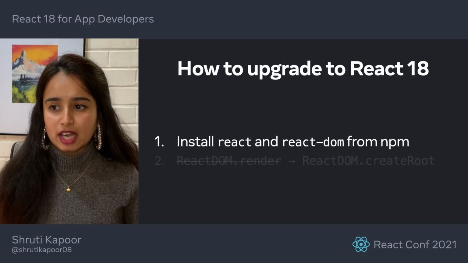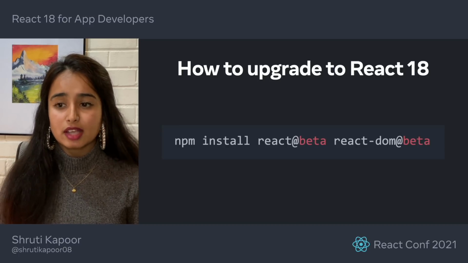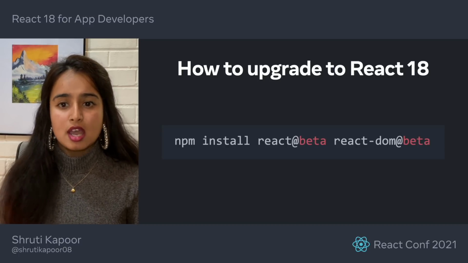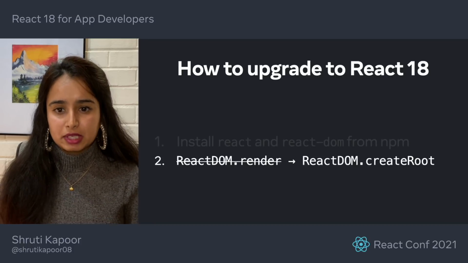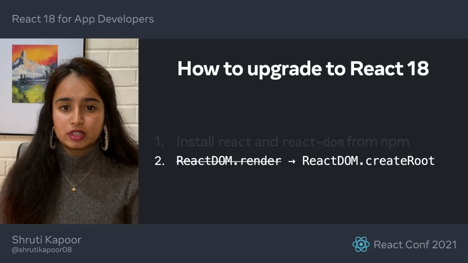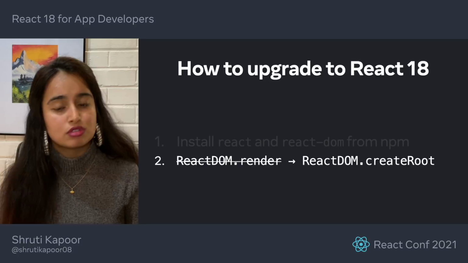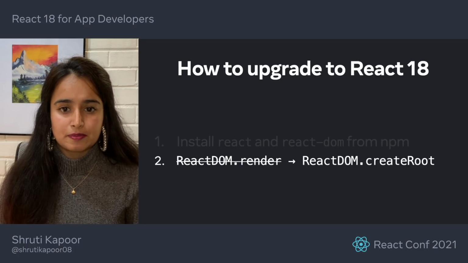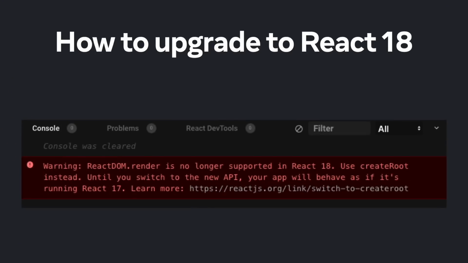First, you need to upgrade your React and React DOM NPM packages and install the new versions of React. As of this talk, React 18 is in beta, and by the time it is stable, you'll just need to update both packages to 18. Once you've got the updated packages, you'll need to switch your ReactDOM.render to ReactDOM.createRoot, and it gives us access to a root, which lets us use new features of React 18 and concurrent features. If you are using ReactDOM.render after updating your NPM packages, your code will still work, but you'll just get a warning in the console like this. And fixing this warning is a one-line code change, which we'll look at in the demo.